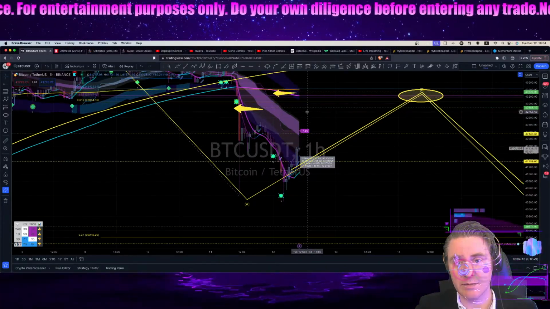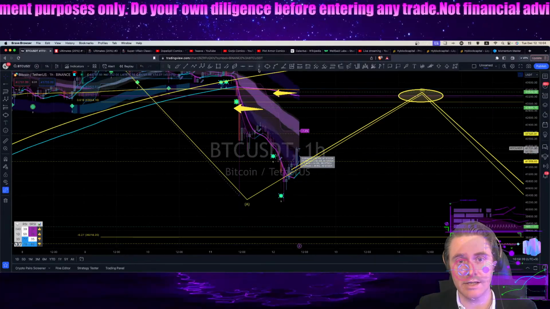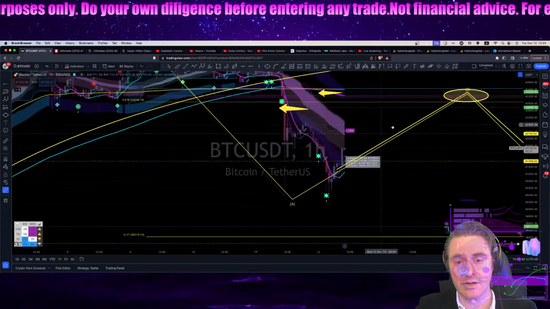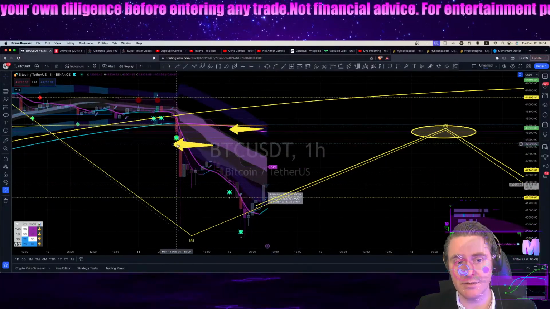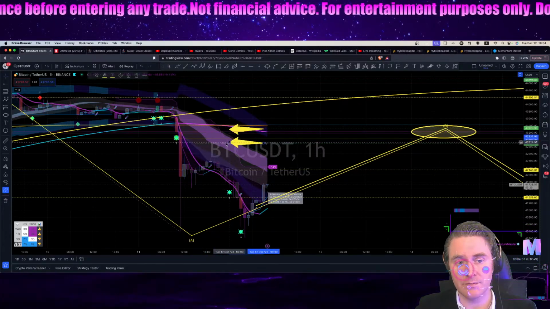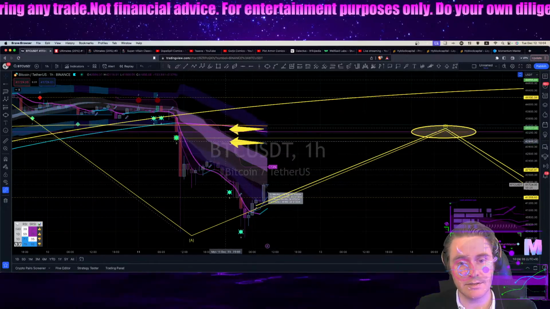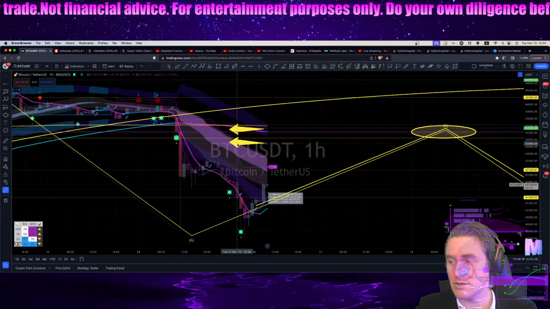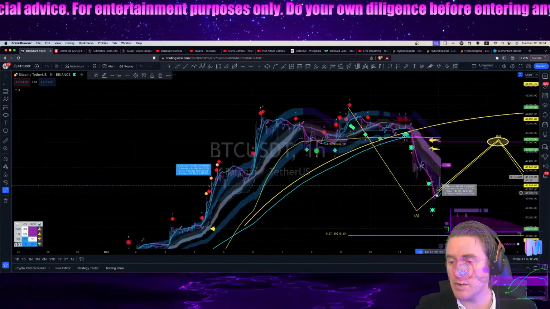It would have to see some acceleration through this hourly cloud here, which is mighty thick, for it to make an impact to come up to this region anytime soon. Here, I'm going to just move this. This is 886. We're going to put that on pause for a second and go look at the broader markets